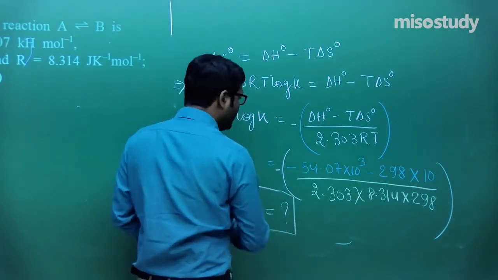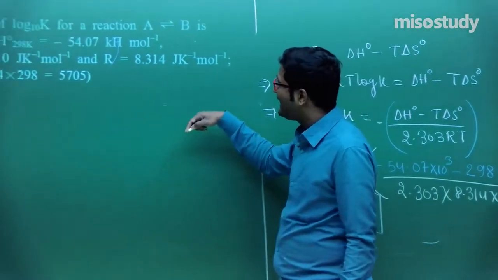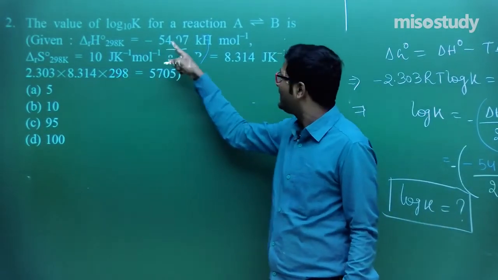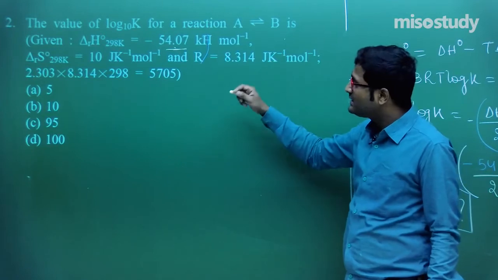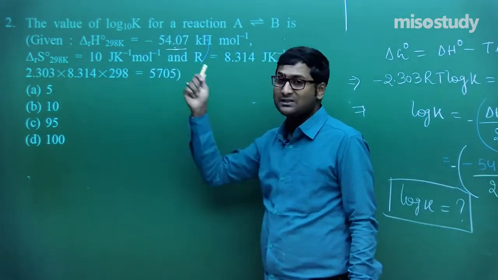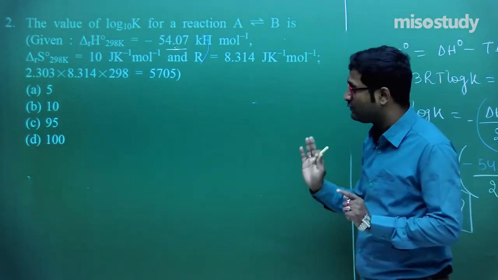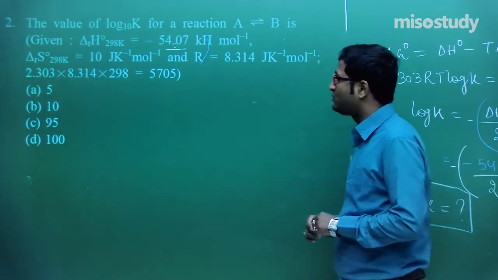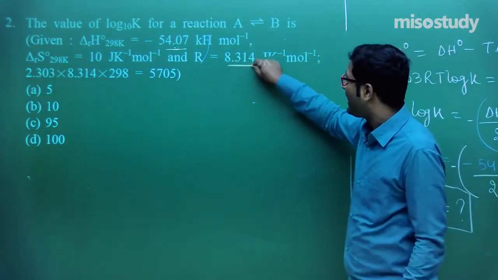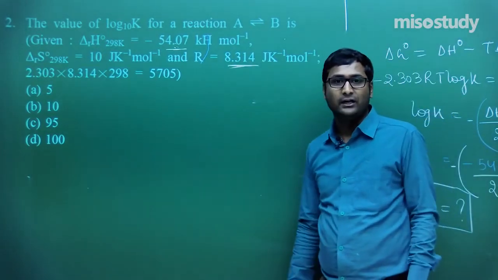Clear to you? Now check one more thing. Sometimes we make the mistake that we do not convert the units. Here is joule, here is kilojoule. So in this case we have to make sure all terms are in the same units, otherwise the question will be wrong. So be careful, check everything, otherwise you won't get the expression. One more thing I have to mention here, the value of R should be taken as 8.314, not 0.0821.